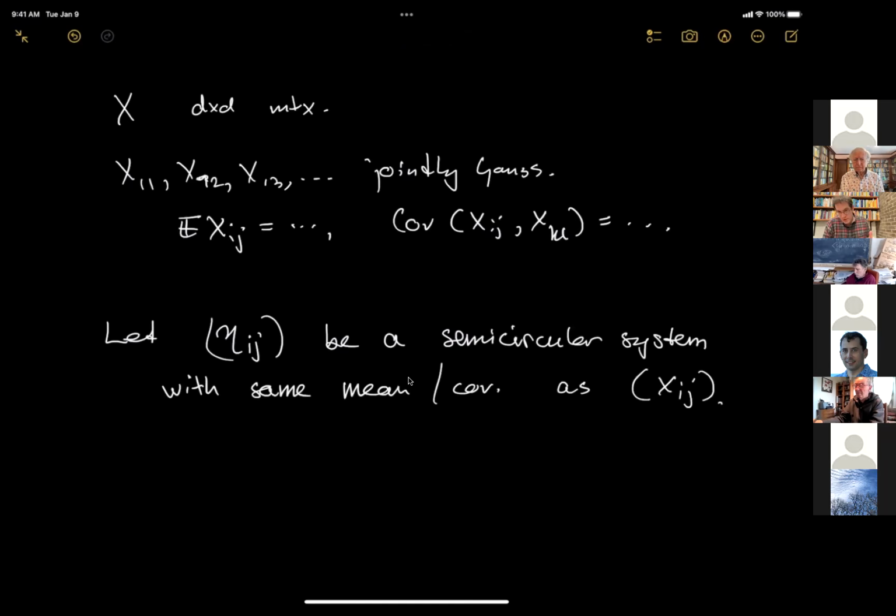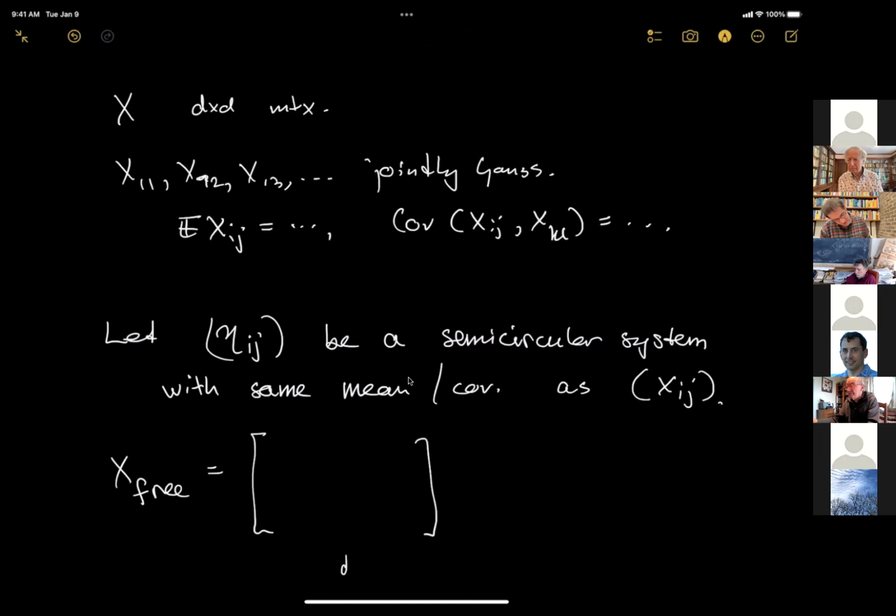So the semicircular system, these are certain operators. They can be defined either on a C-star algebra or in a free Fock space. So they appear, for example, from quantum field theory, or they can be viewed as elements that live in a C-star algebra. They are some sort of infinite dimensional operators. And the key point is they don't commute with each other. They're non-commutative objects.